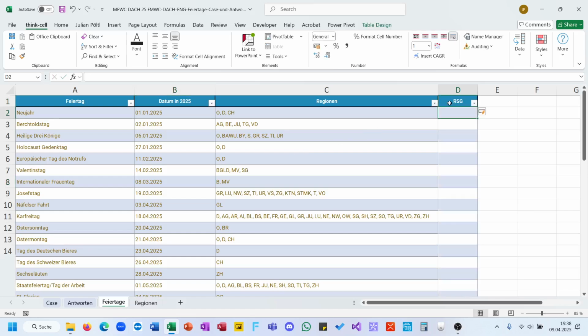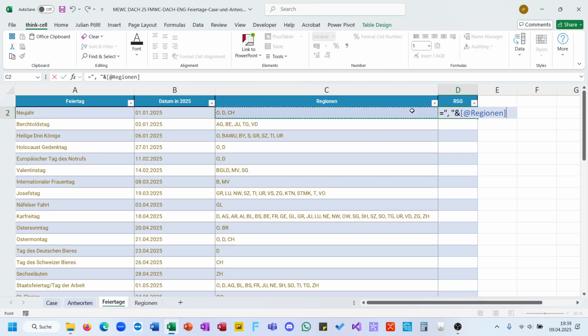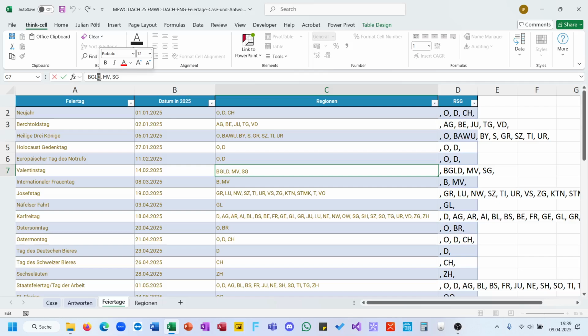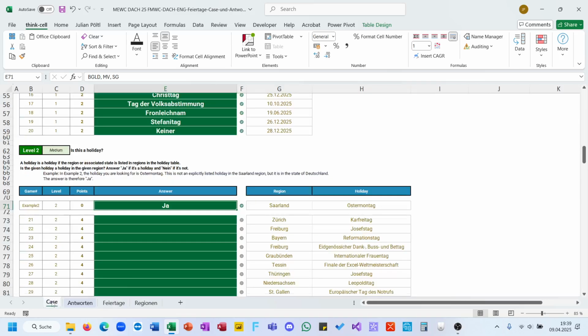Here is G. So I first make a comma at the beginning and at the end, because then I can search for a specific character. If I would search for D, and here's also a D, it would also flag this, although this is only in like an Austrian region holiday and not in the whole of Germany. Valentine's Day is actually a holiday there, kind of weird. But anyways,